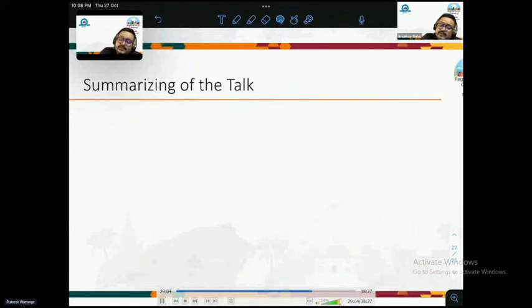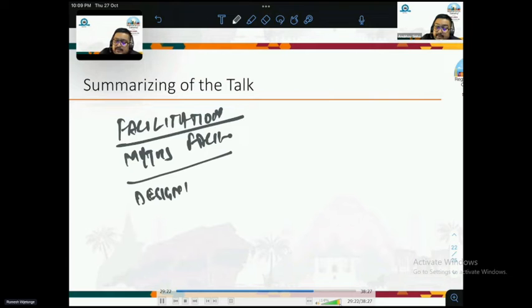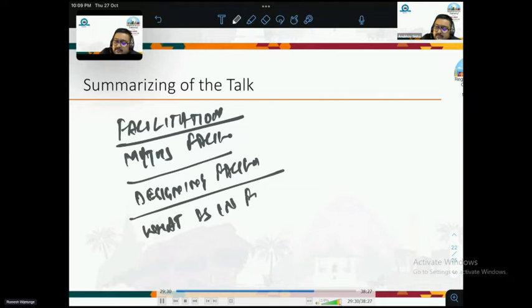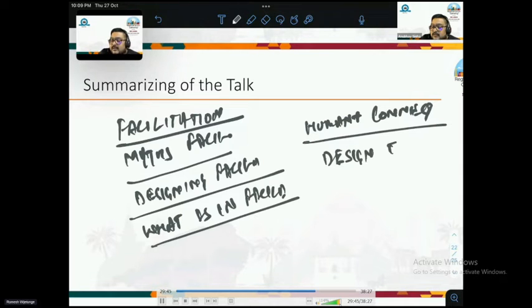So we have seen facilitation. Let me summarize. We have seen myths of facilitation. We have seen designing the thinking, designing of the facilitation. Then we have seen what is in facilitation. Then we have seen human plus connect. Then lastly, we have seen design the thinking